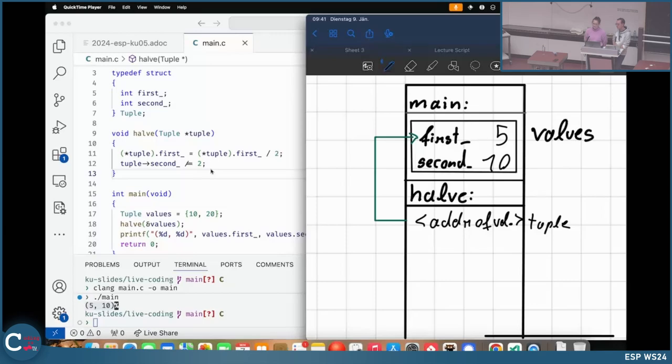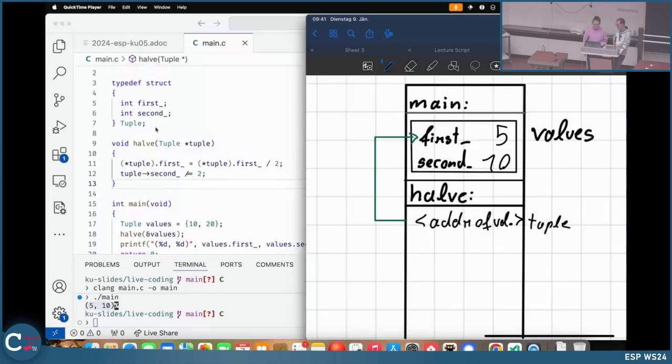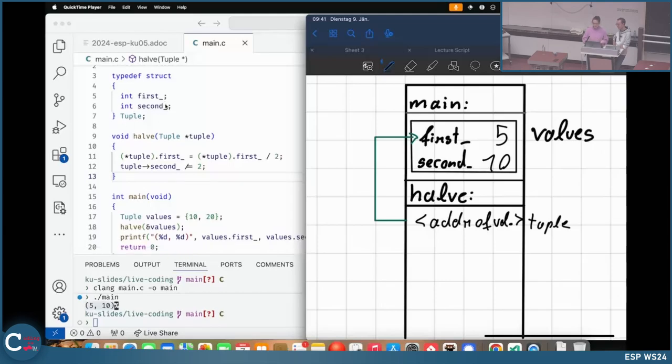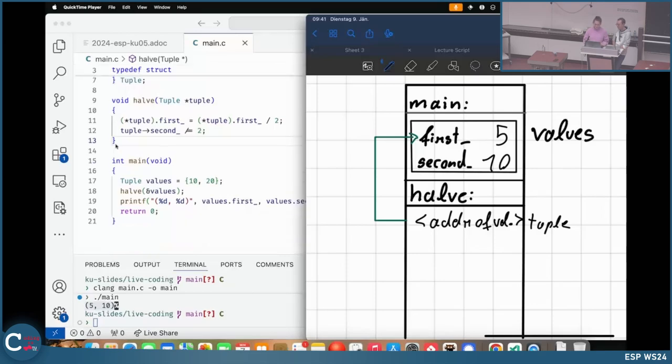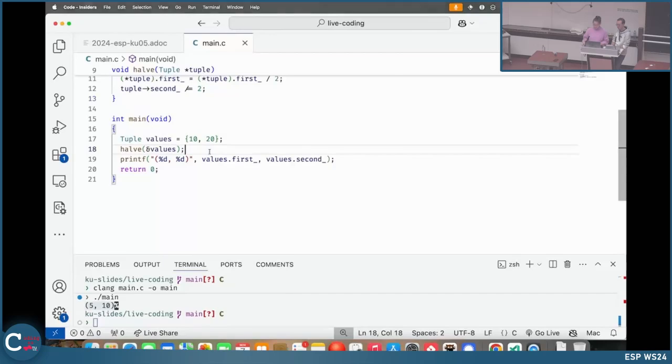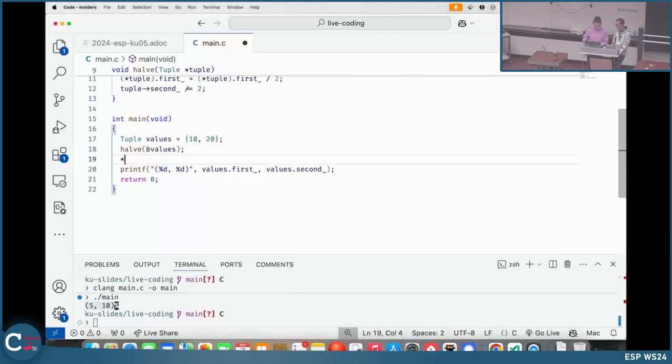Yes, the first and the second parameters in those structs have their own addresses. And are they different from the address of the struct or the same? So if you take the address of the second field here, it'll most probably be a different one, because there are two different values. And the first field in here will probably have the same address as if you take it of the whole struct. So, I mean, you could do something like